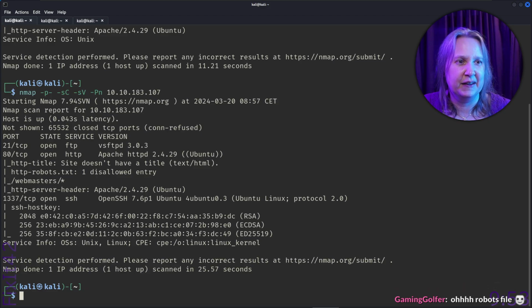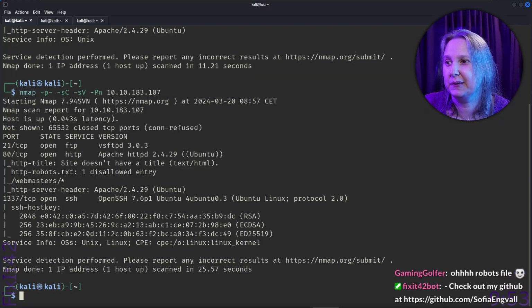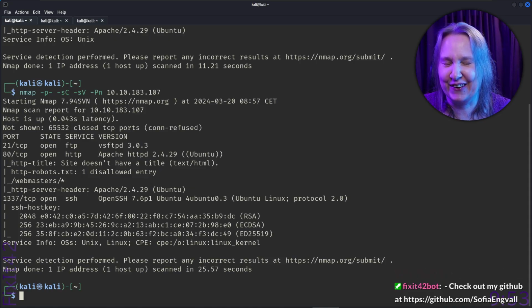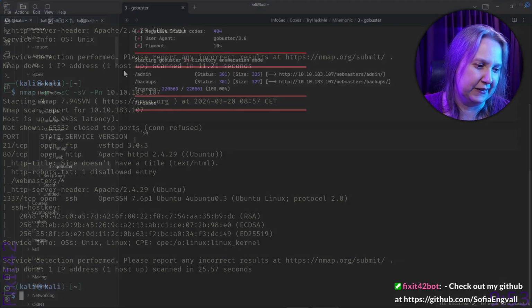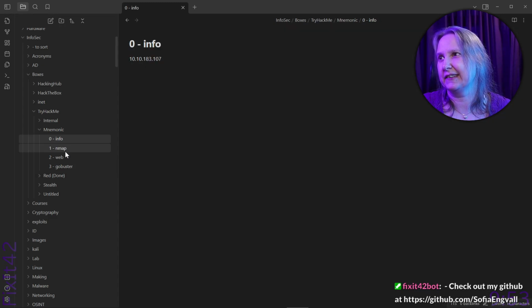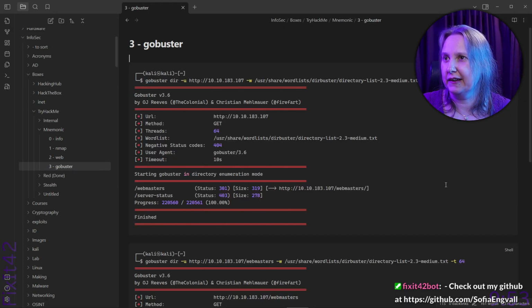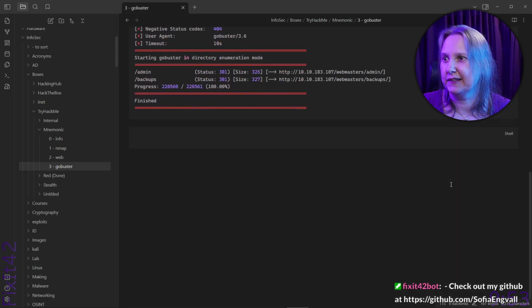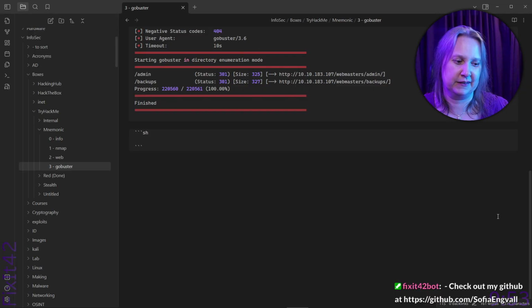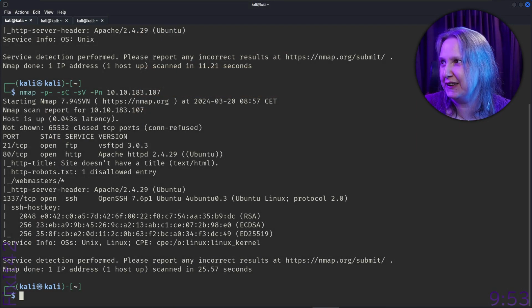So where am I at now? The robots, we checked it. We found this webmaster. Now we're doing lots of GoBuster here. We'll see if I want to copy them all into the slug, my notes. Oh, right, you're not seeing that. So we did nmap. We checked the robots.txt, and the other pages were nothing. Well, we're doing GoBuster, so let's go back to the right screen, and I'll just finish checking if I missed anything.